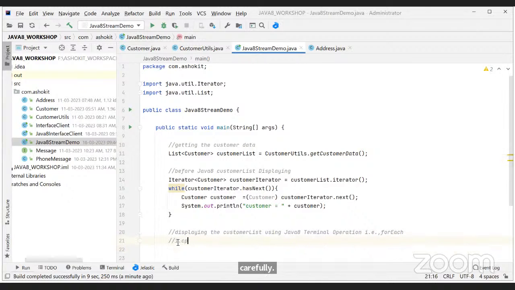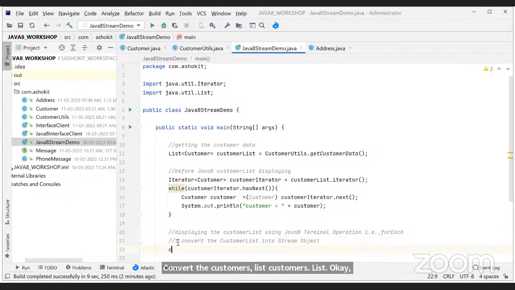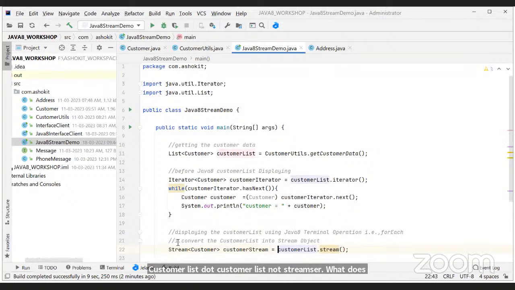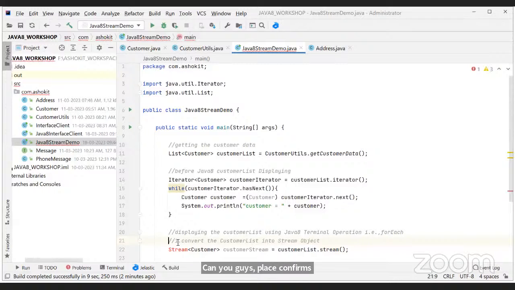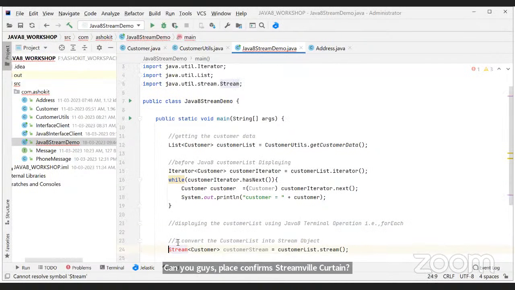First, convert the customers list into a stream object. How can you convert the customer list into a stream object? customerList dot stream, sir. What will the stream contain? Can you guys please confirm? The stream will contain Customer, a customer stream. That's all. Hope you guys are comfortable with the first one.